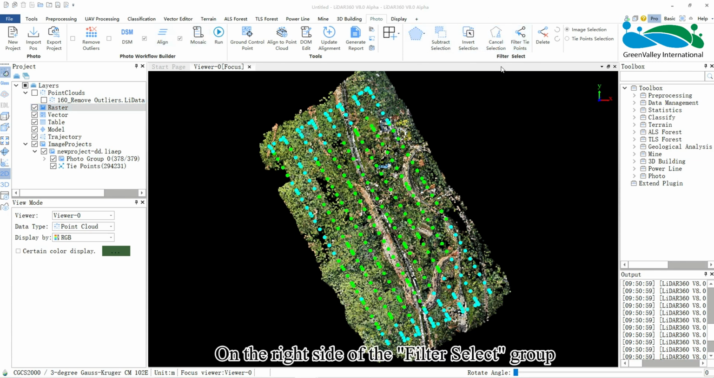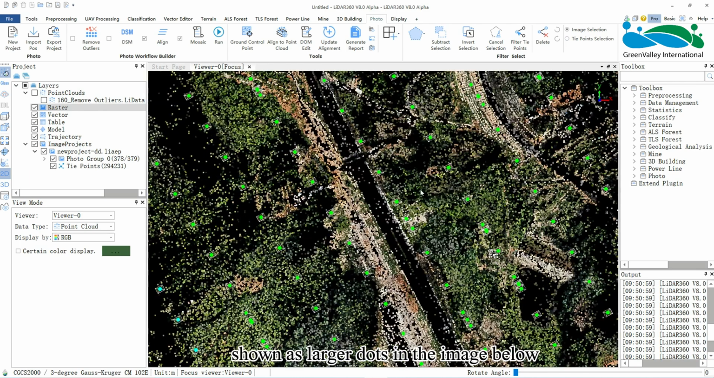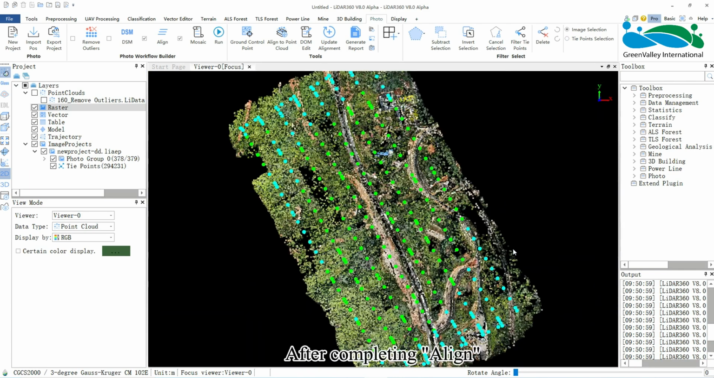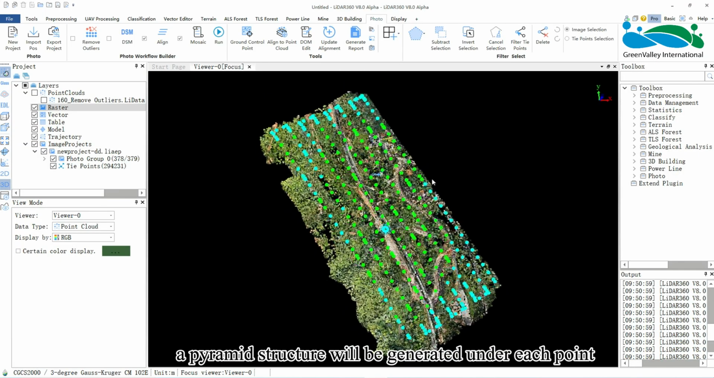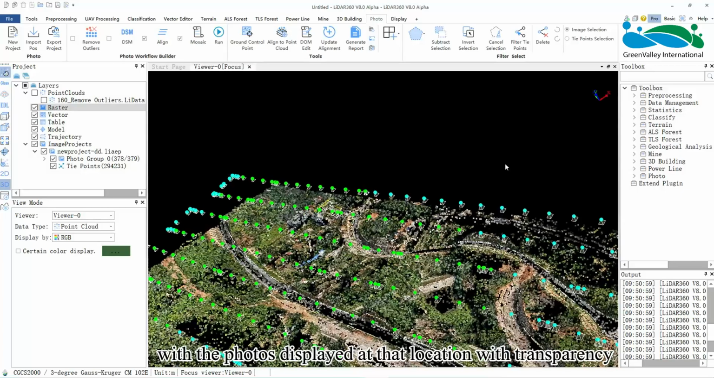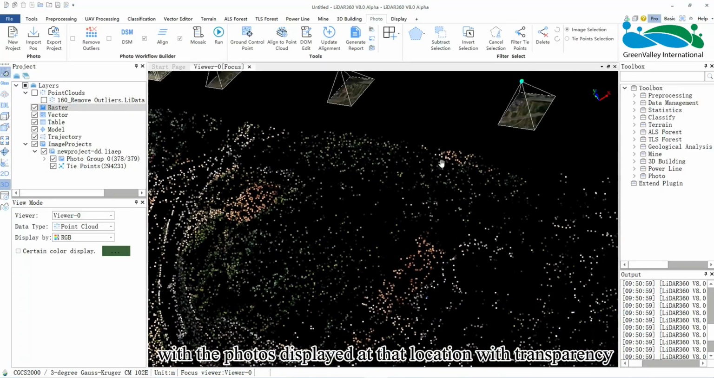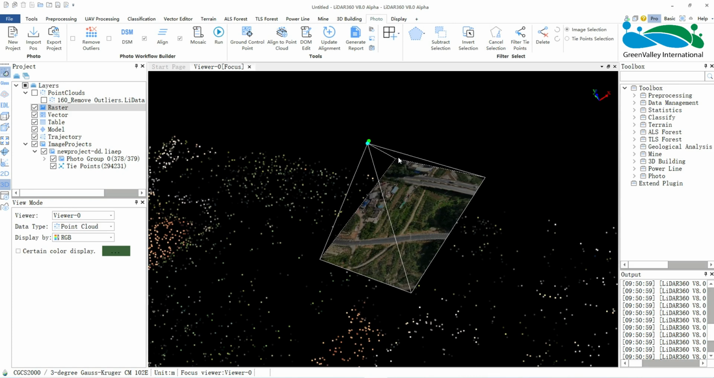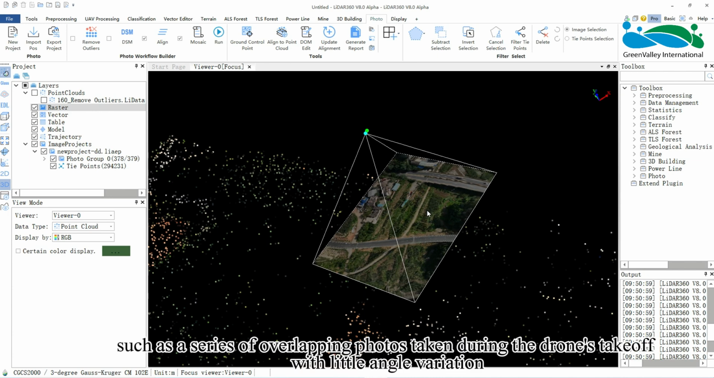On the right side of the Filter Select group, you can choose either image or tie points. Images. This represents the photo locations, shown as larger dots in the image below. After completing Align, a pyramid structure will be generated under each point, with the photos displayed at that location with transparency. Typically, we delete low-quality image points, such as a series of overlapping photos taken during the drone's takeoff with little